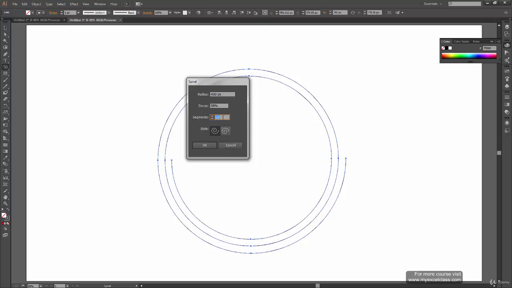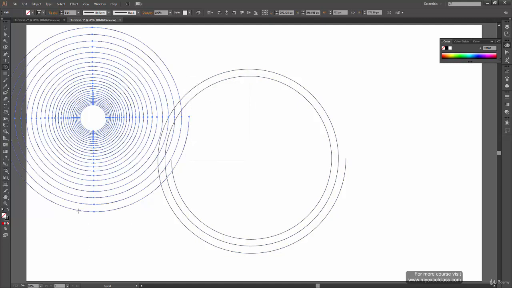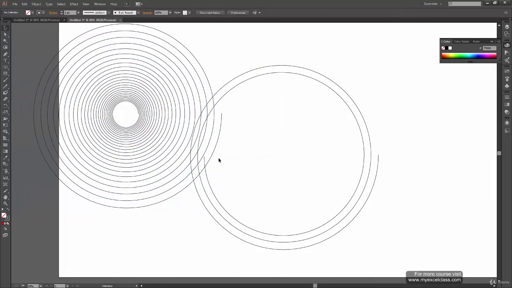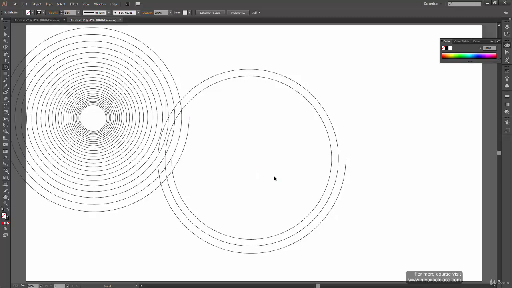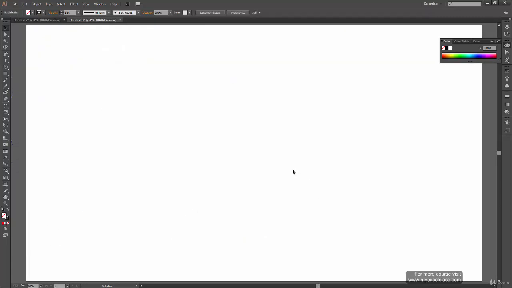We can try changing it to 100 and see what we get. Okay, so like I said, it increases the number of rotations of the spiral and it will keep rotating inside. So that's how segments work. Okay, let's press Ctrl 0, select these two spirals and delete.